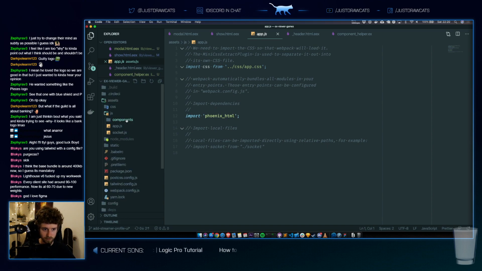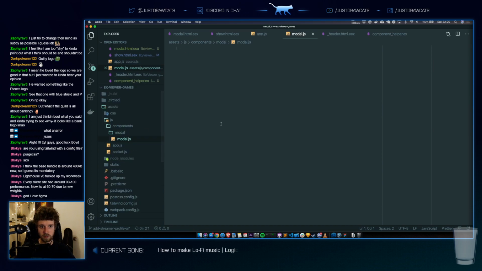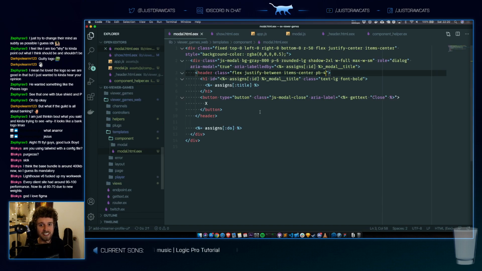Components. Modal. Modal.js. What am I gonna do? This is always hidden.